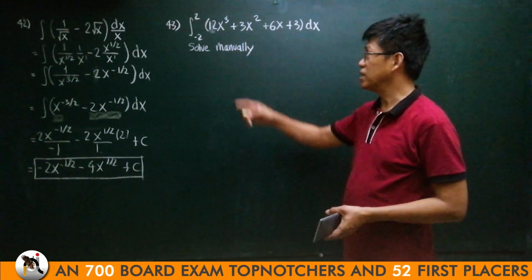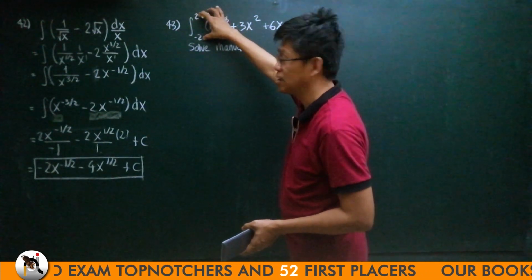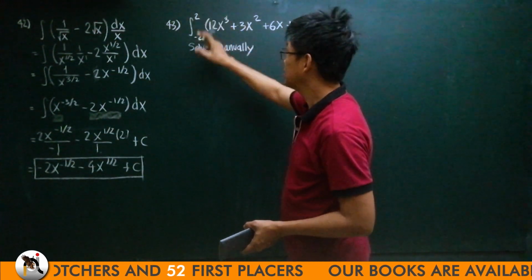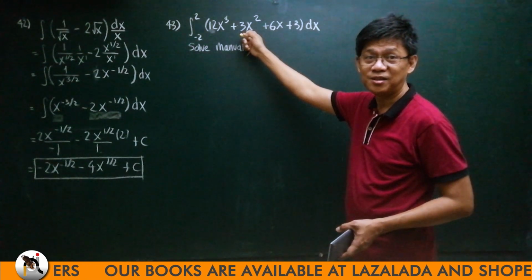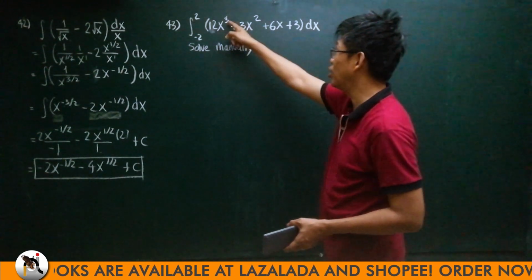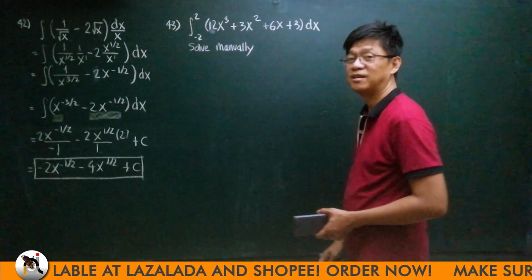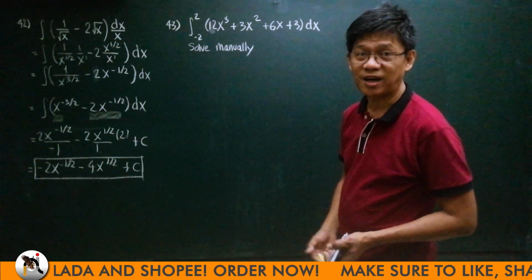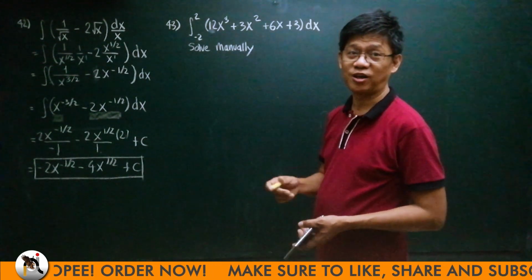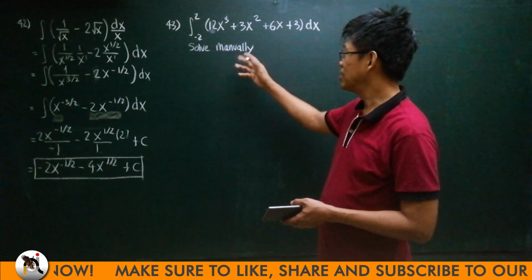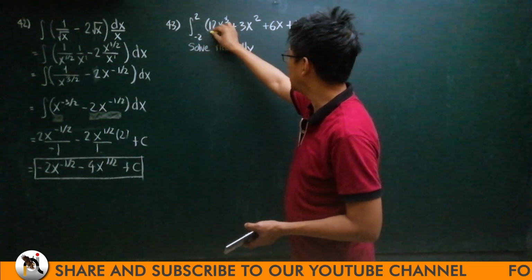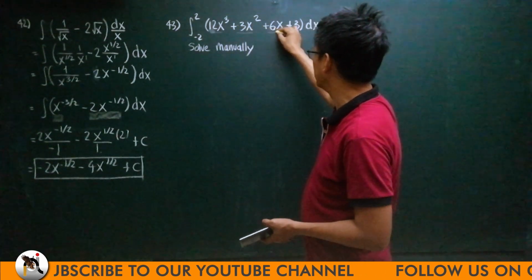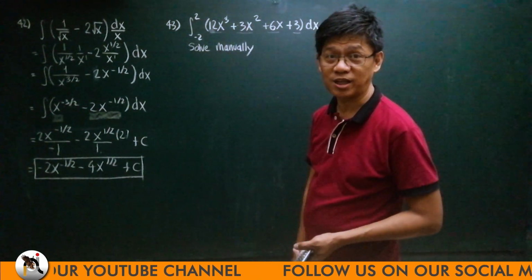We're asked to integrate this definite integral because there are limits. So take note that this is neither odd nor even. It is a mix of odd and even. So we cannot apply the odd-even rule for integration of definite integrals. So we are asked to solve this manually. So let's do it. Since these are already independent powers of x, ready for integration,